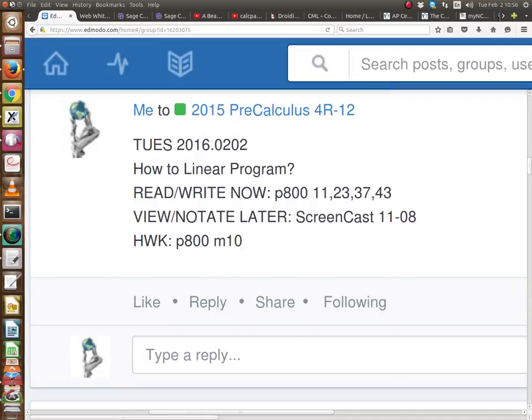Linear programming. So here's a quick summary from what we did in class. Here's one question we did in class. The homework is page 800, multiples of 2 to 10. And let's take a look at number 49. Alright, 49 says,